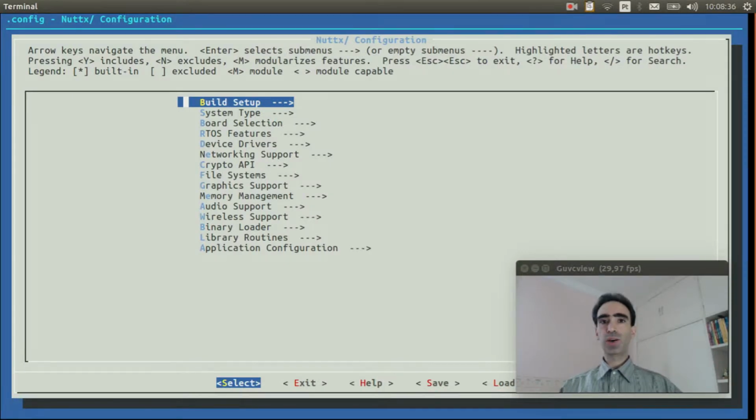First, we need to select the options to enable the USB console. If you don't know how to do that, please watch this video explain. Okay, I enabled the USB console. Now I will show how to enable the barometer